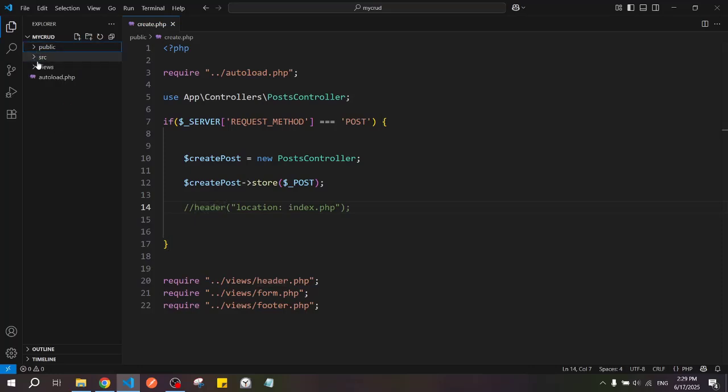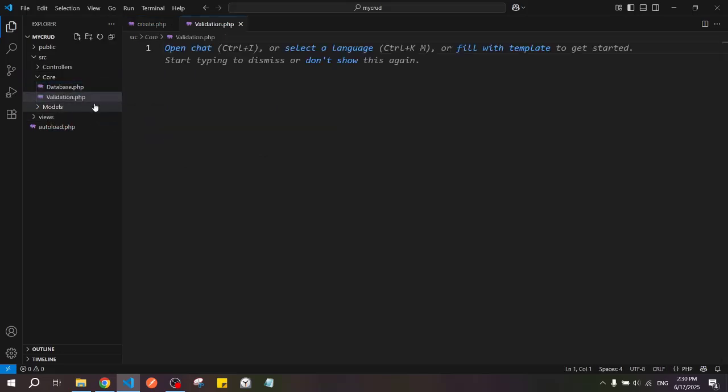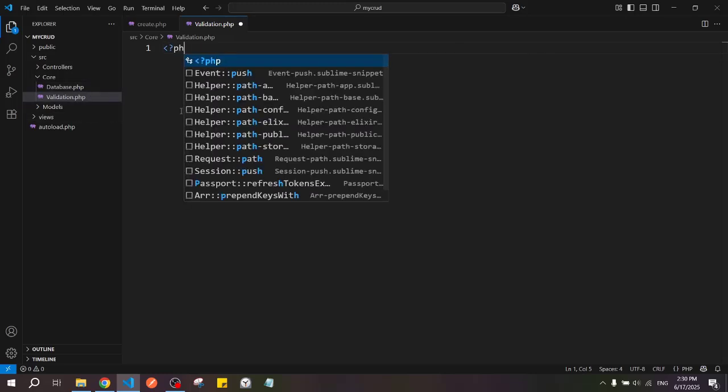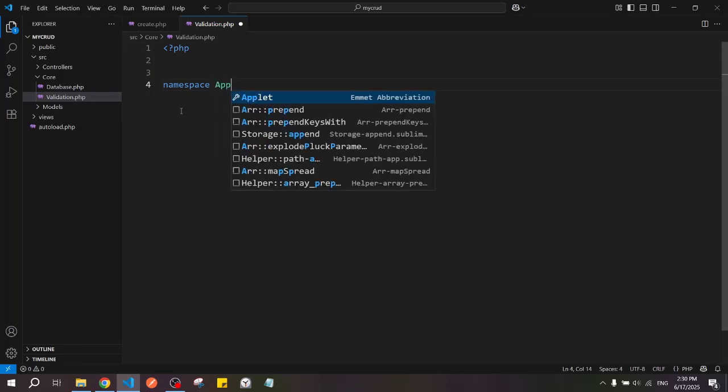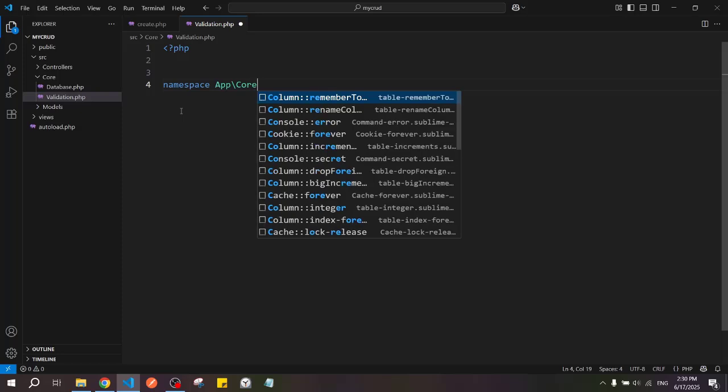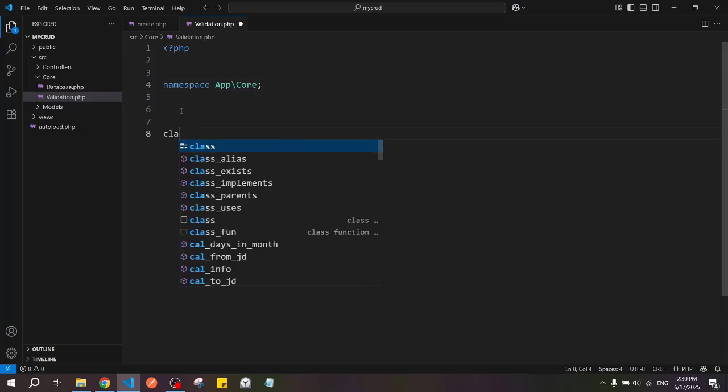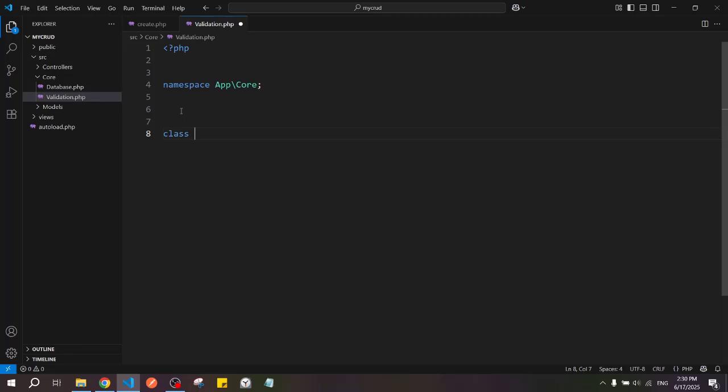So how exactly are we going to do this? We're going to create a new class for it in the core. So we want to go for the source, go in the core right here and just create validation.php like that. All right, and just like the database, the controller, and the models, we're going to set a namespace so that this class can be included. We're going to set the namespace as app slash core like that, and we're going to go for the class. We're going to name this class validation,